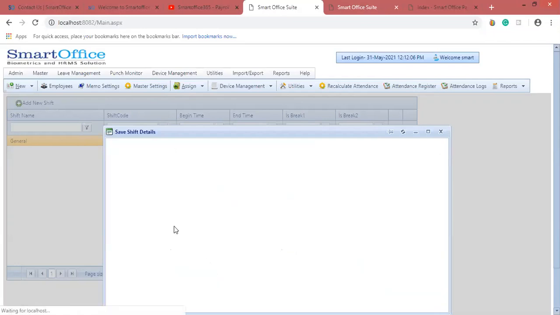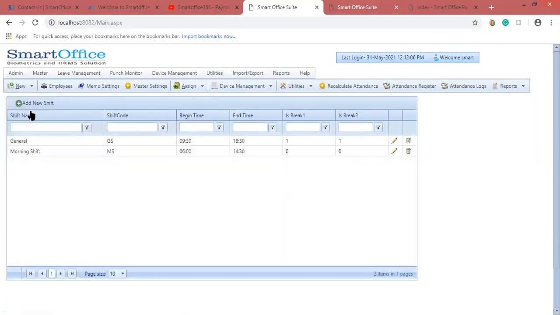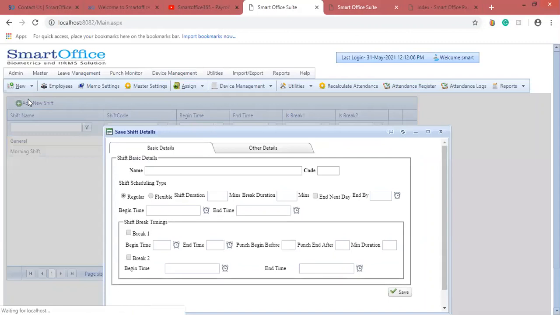So I have created a morning shift. Then I'll create another shift, say for example the evening shift. This will start at 4 o'clock, say 16, and end at 22.